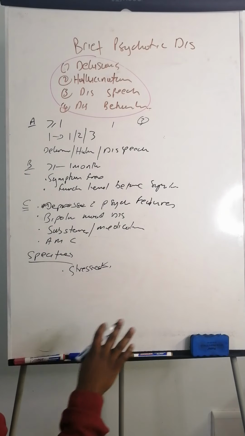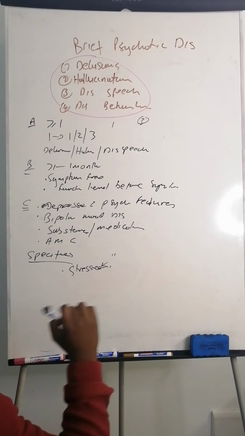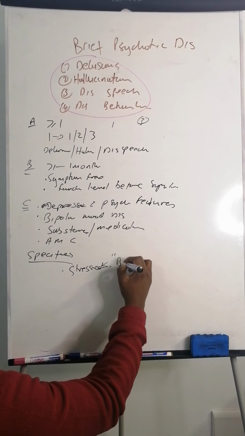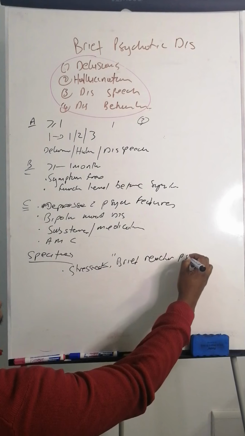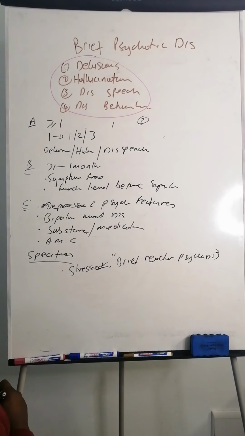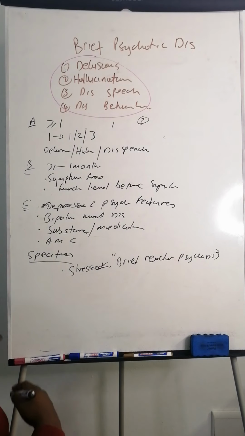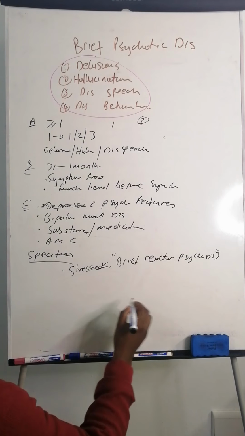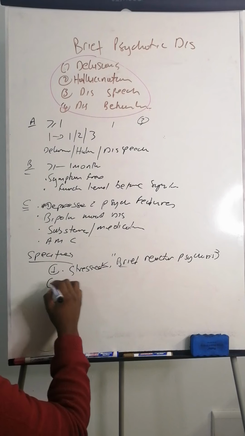There are different ways in which they write it. So that condition is called a brief reactive psychosis. Basically, you have a brief psychotic disorder because of your psychological trauma, because you have experienced or seen something, you get psychotic because of that. So that's called a brief reactive psychosis. So you need to specify if there was a stressor, or if there was no stressor.